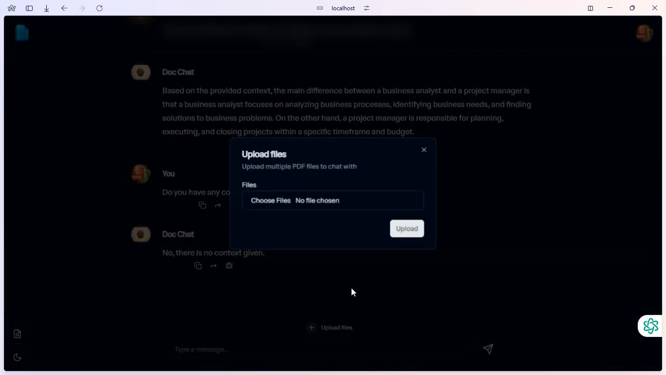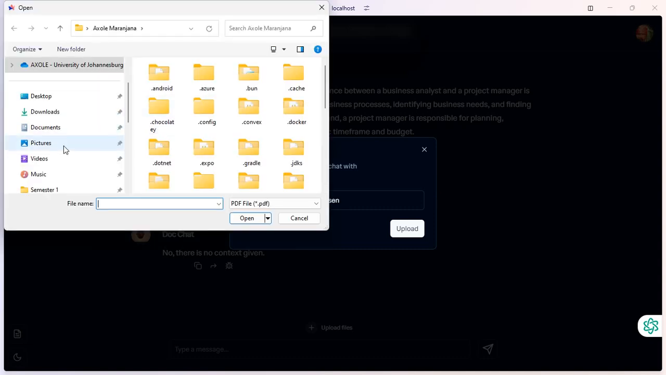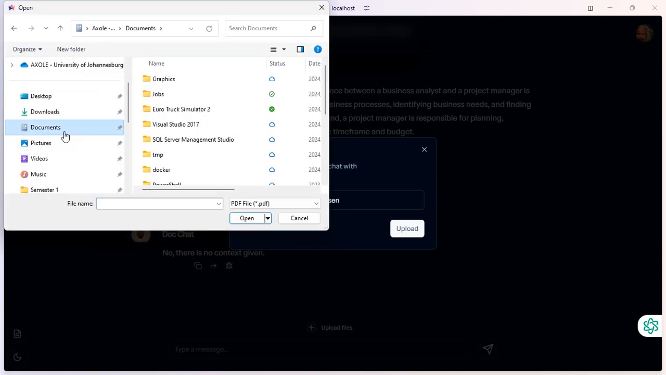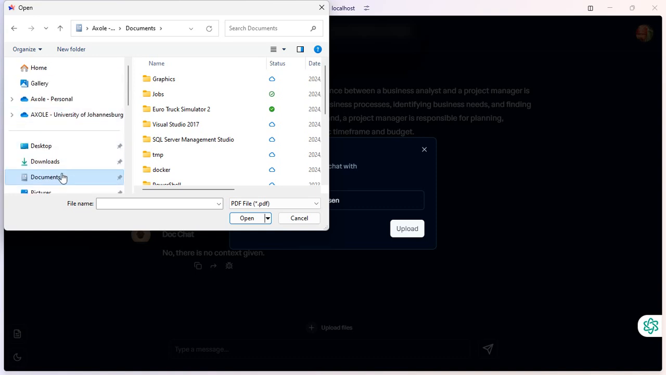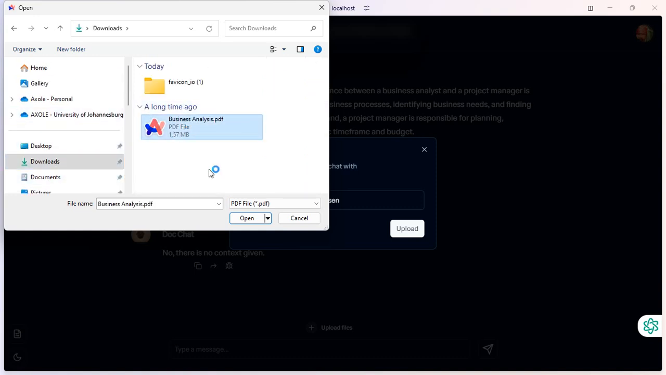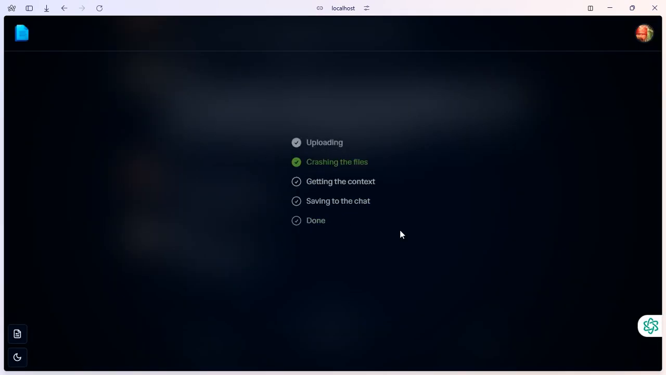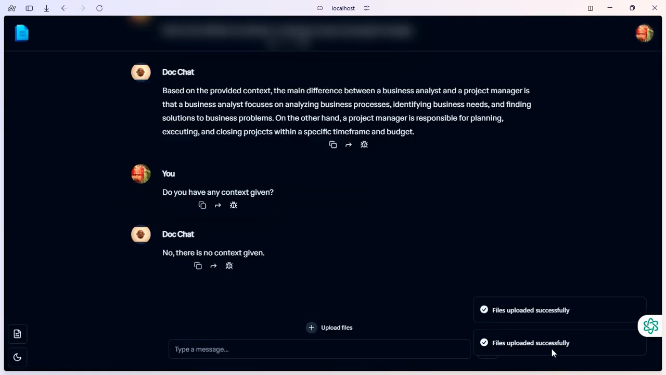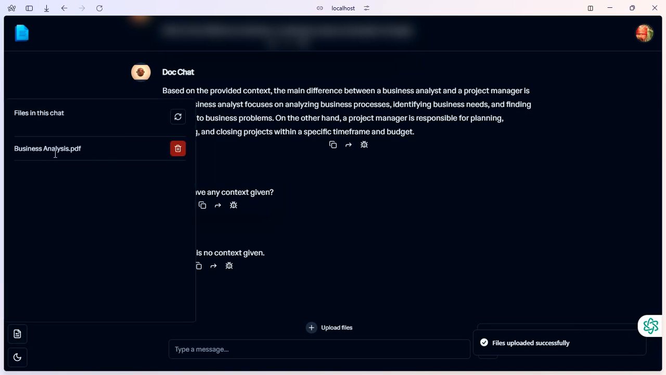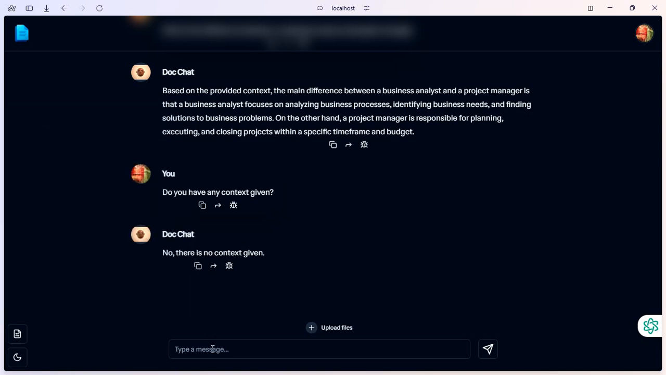Let's upload a file here. I'm just going to pull it from my downloads folder, business analysis. Then when you click on upload, I have this loading thing that I need to fix a little bit. And then it would refresh. Now the PDF is there. I don't know what this PDF is about, but